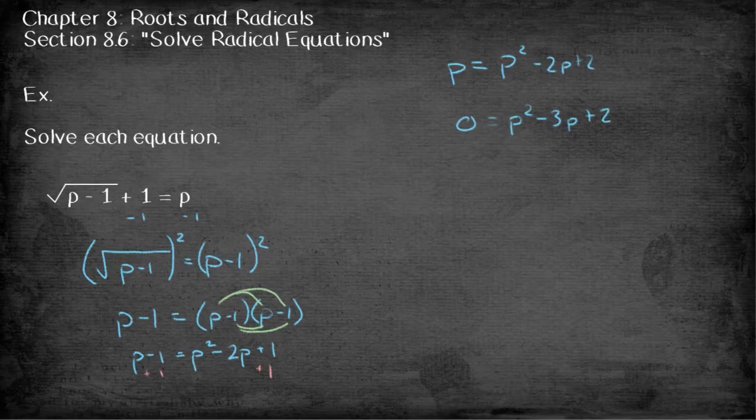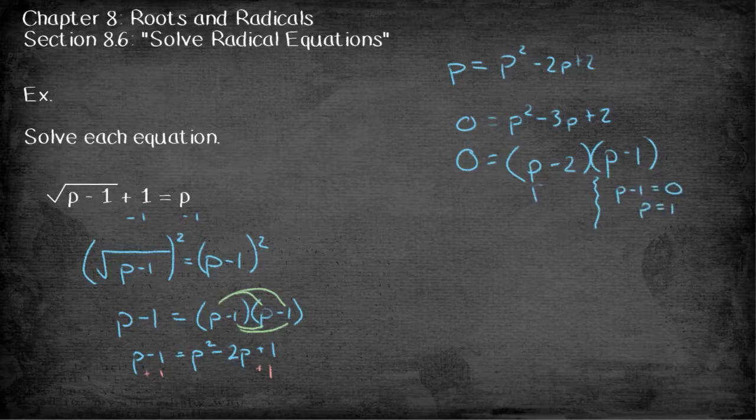And I can factor. This one's actually pretty easy compared to some of the other ones we did. Now we're using the zero product property. So p is equal to 1